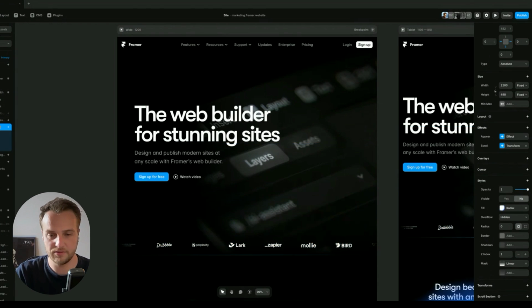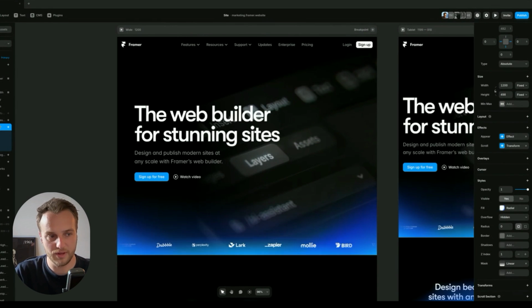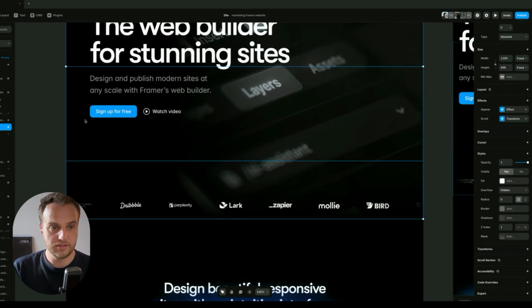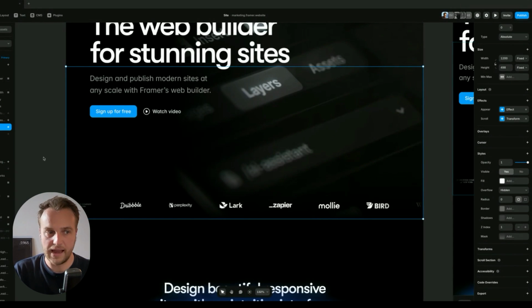Initially, we didn't have this. It looked pretty stark and black, and we needed to get some Framer vibe back in there. So we added this back, but I set this up in a very different way initially. So this is just an empty frame, and we have this feature called realistic shadows.